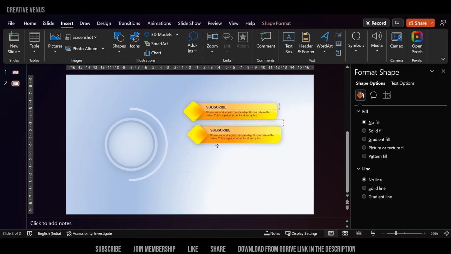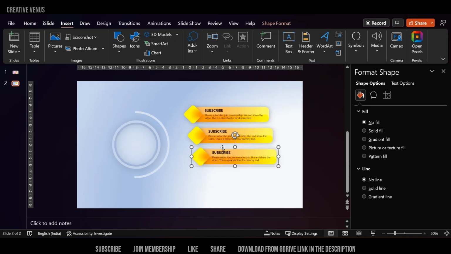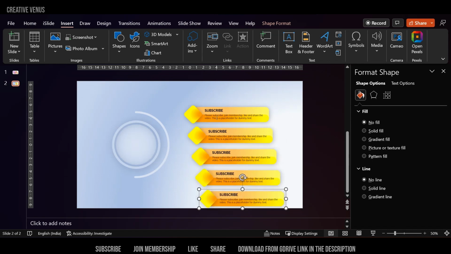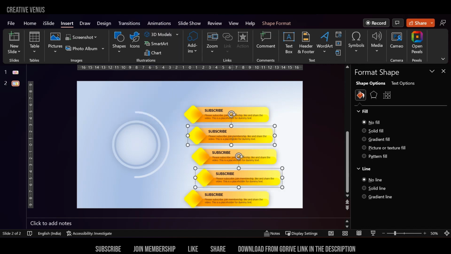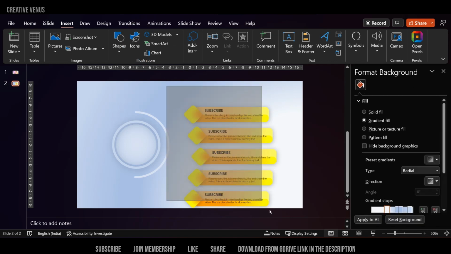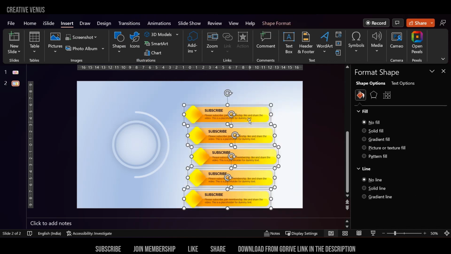If you want it to be like a 4 steps gradient, then you need 4 of these, and if you need 5 steps, 6 steps, you can create different combinations like 3 on the left and 3 on the right side of this circle. So it totally depends upon your creativity. So we are using this 5 steps,